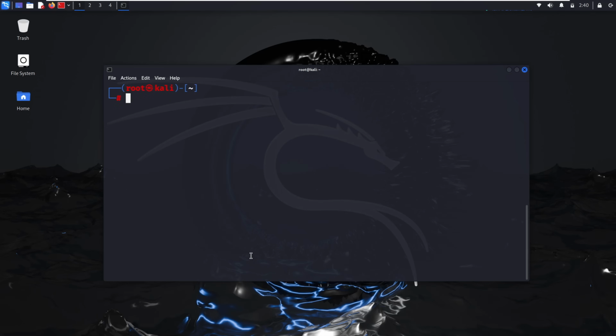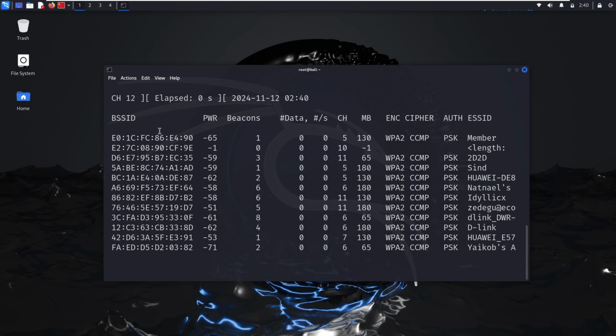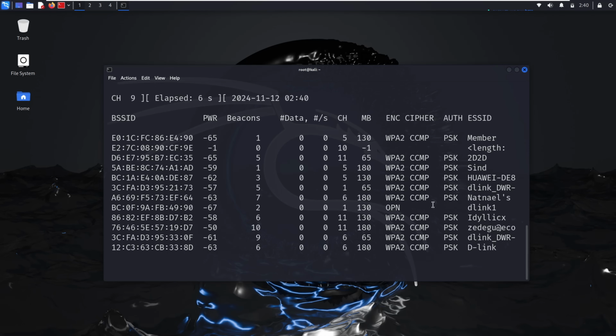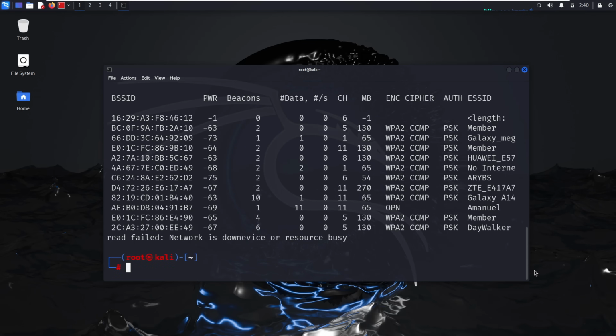Next, the attacker uses Airodump-NG to gather information about the available wireless networks. This step involves scanning for SSIDs, BSSIDs, or MAC addresses of the APs and associated clients. Using the following command, the attacker can display a list of nearby APs and their active connections. This output provides essential details, including the SSID, channel, and encryption method used, which help the attacker identify target APs